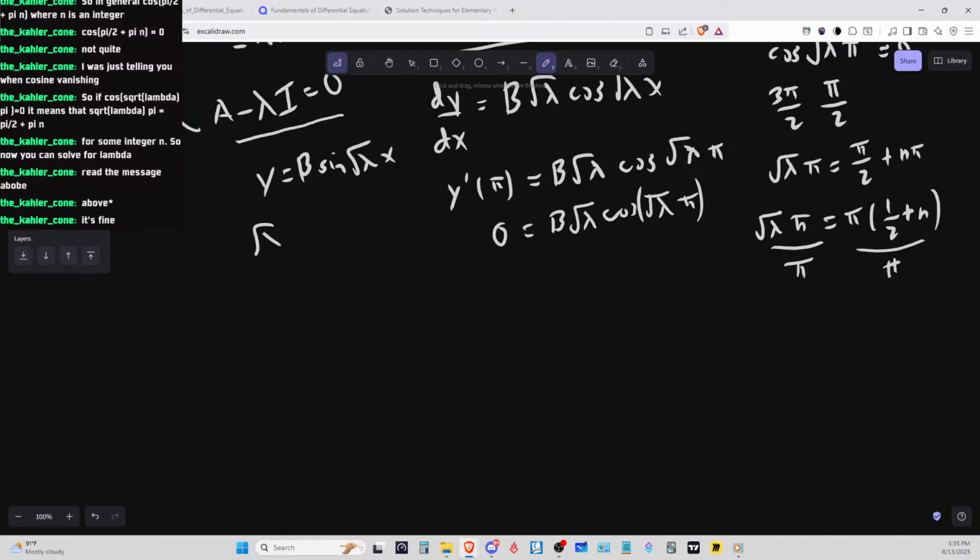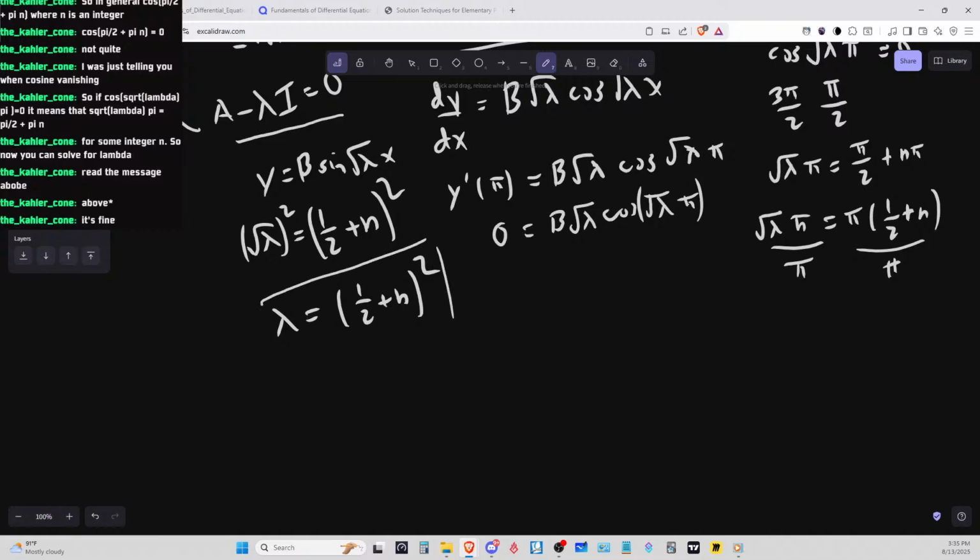So then we have lambda, square root of lambda, which equals, meaning that if we multiply this, then lambda is equal to just that. Okay, so that means that,